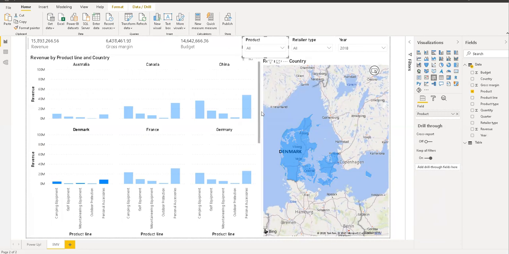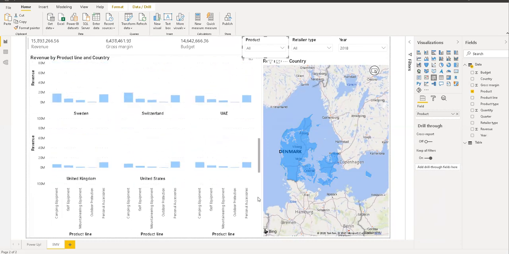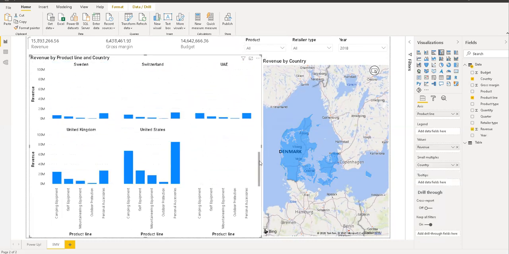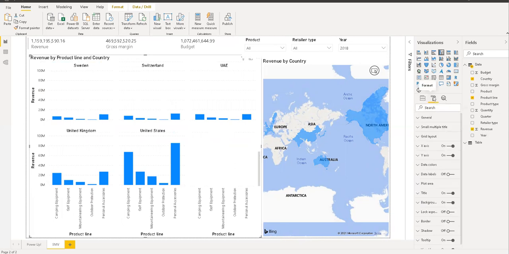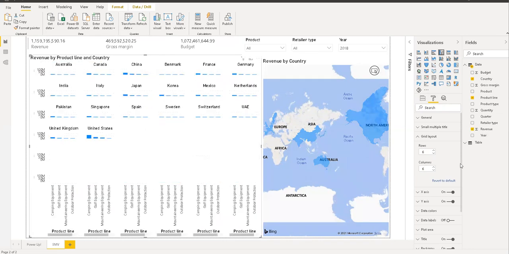And this is a new thing introduced, because if you have to compare by country, say if you have too many countries or locations, right now the option is available as a 6x6 grid. So you can show up to 36 small multiples. You can go by the grid of 6x6, a maximum of 6 and 6. Over that you cannot go. It means that you can show information in up to 36 grids, so that everything is in your control, and you can see the x-axis and y-axis are all visible over here.